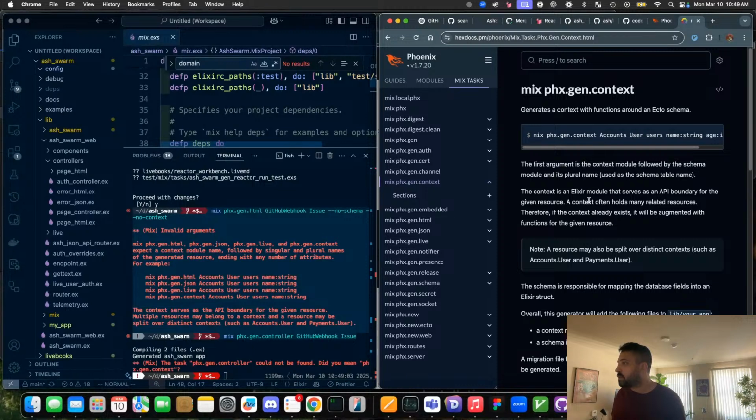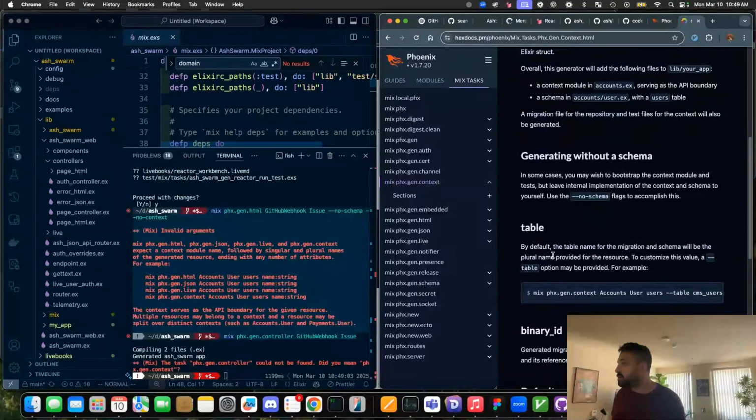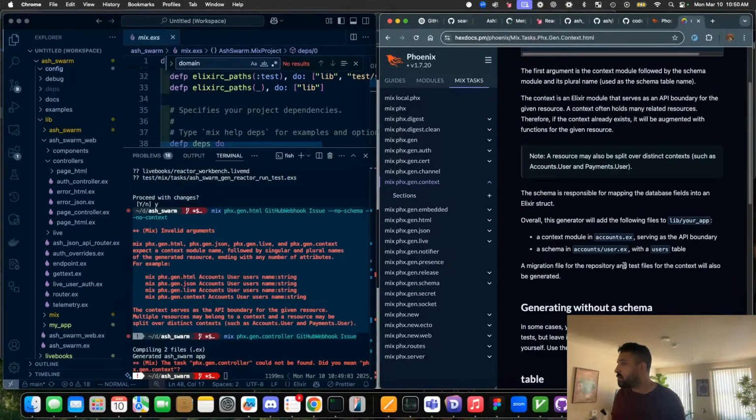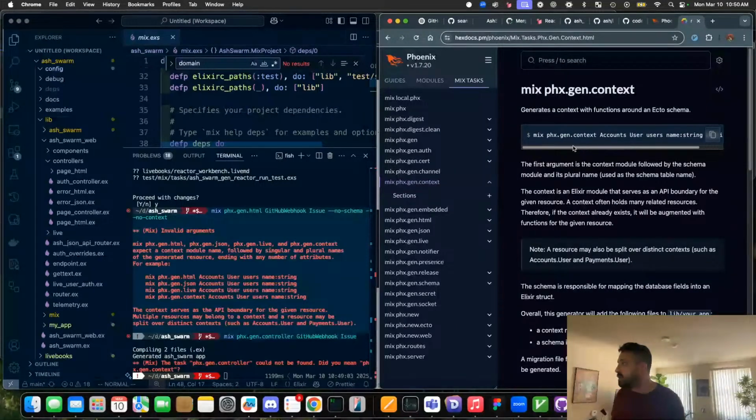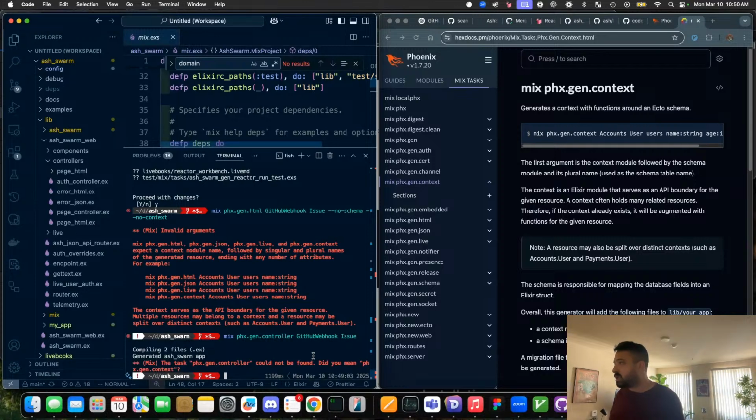Okay. No schema, table. Okay, so it's looking like, all right. So Strutter just hit us with a lot of files. Gonna have to get to it a little bit later. So let's see if this works. Phoenix mix phx gen.context, and then we want